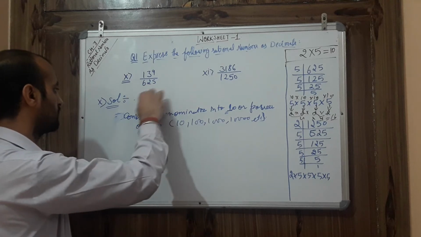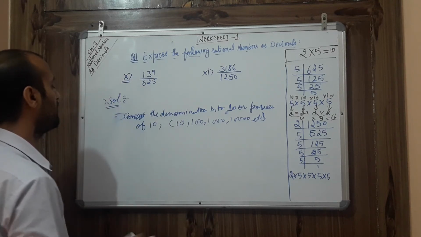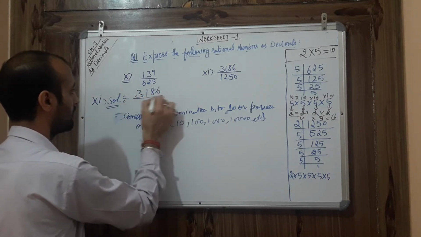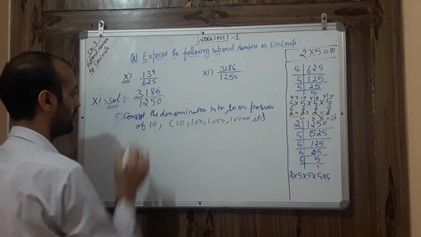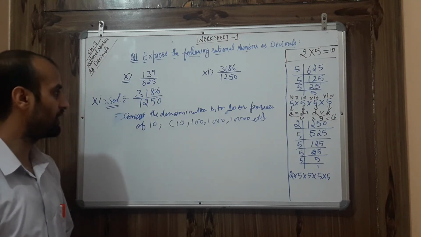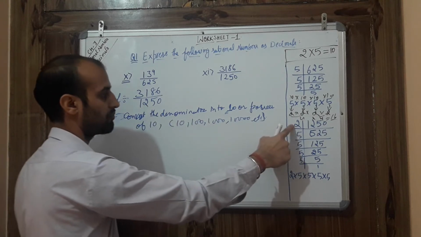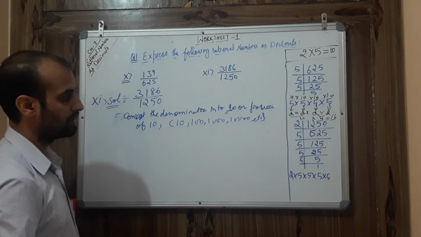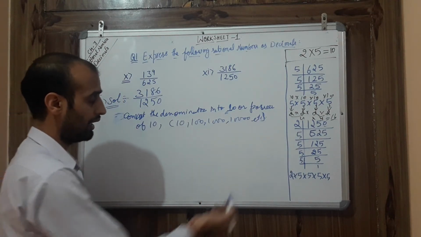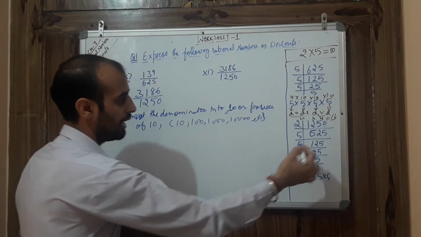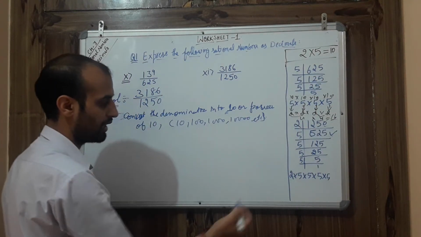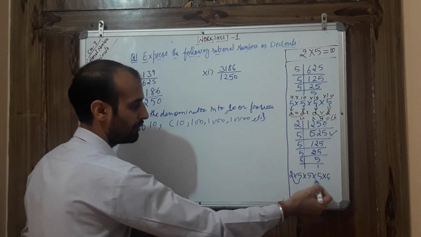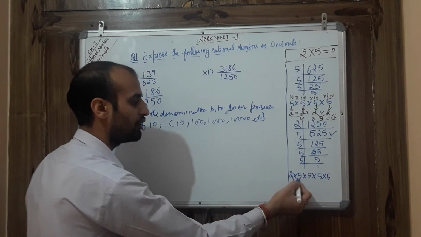Okay. So what is our next part? We have the 11th part, that is 3186 upon 1250. Once again our task is to find the answer. Similarly I have done its prime factorization. Last digit is 0, so I have started with 2. Then 625, then we have 5 to the 4. After this it is similar to the upper one. So write all the possibilities. First 2 and 5, then 5 times 5. So I have written all the parts. These two are already okay, 2 and 5.